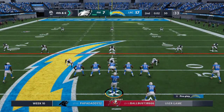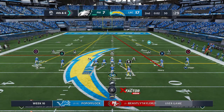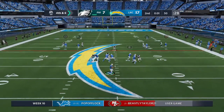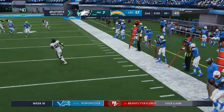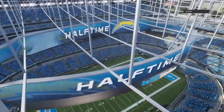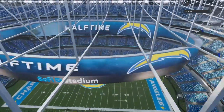And likely time for one final play here in the half, so they will go for it on 4th down. The final shot before the break for Herbert. It's complete. Swings it out to his running back. So we reach halftime here in a 10-point game as we are off to Orlando now to check in with